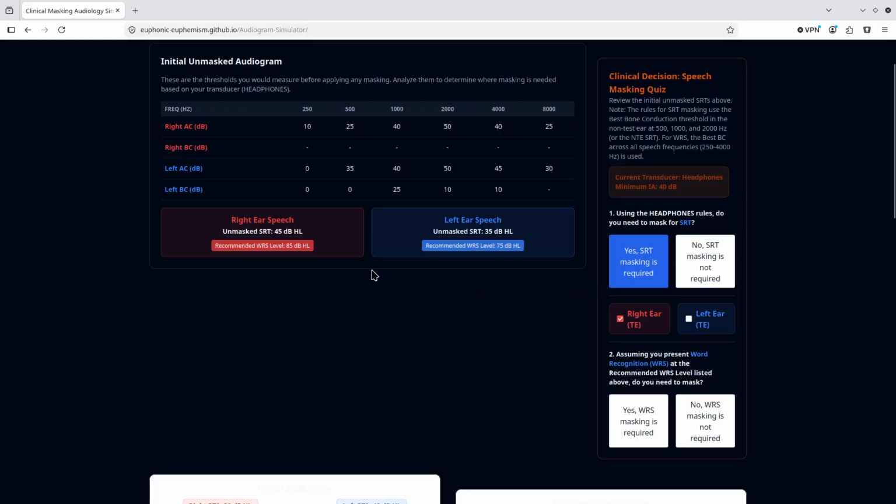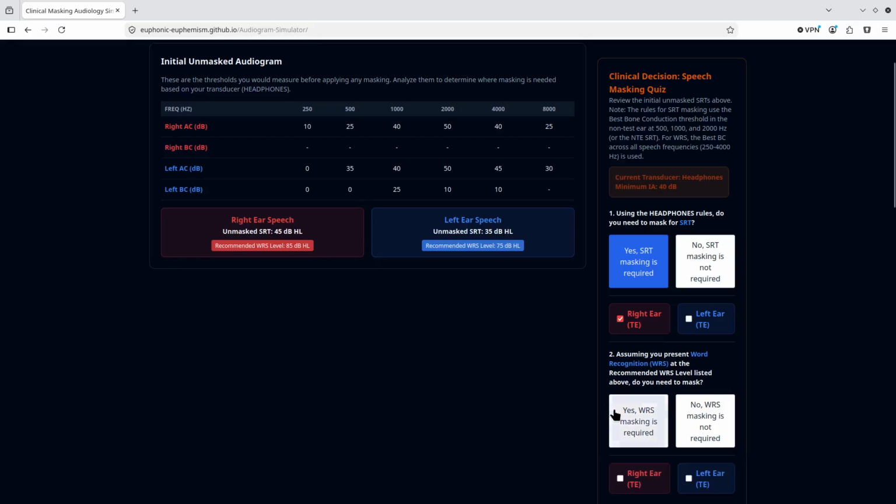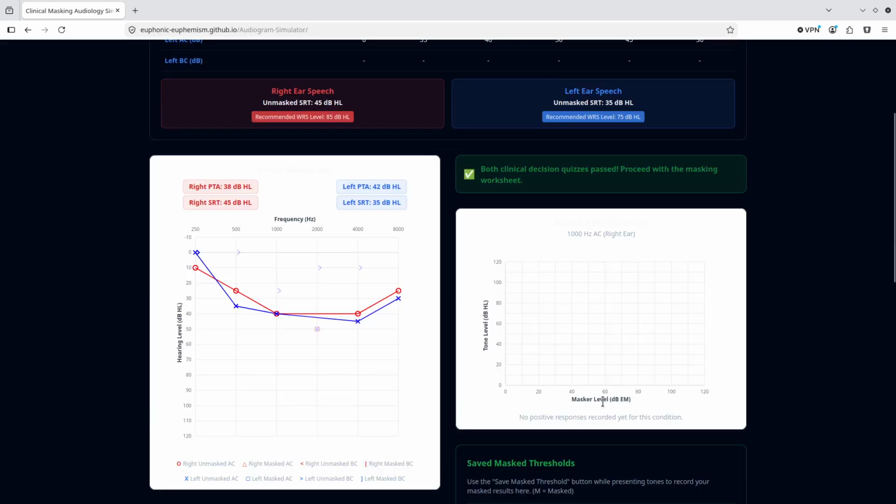How about word rec? You can pretty much guarantee if you have to mask for SRT in an ear, you have to mask for word rec. And so that's the case here. So right ear, 85 dB minus 0 dB. Clearly we've got to mask for word rec in the right ear. In the left ear, 75 minus 0. We've got to mask for word rec in the left ear too. So we'll submit those answers, and those are correct. We passed both those quizzes, and now we move on to getting our air conduction thresholds that we need for